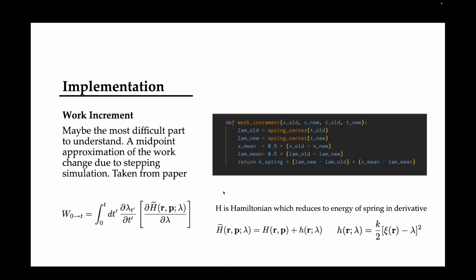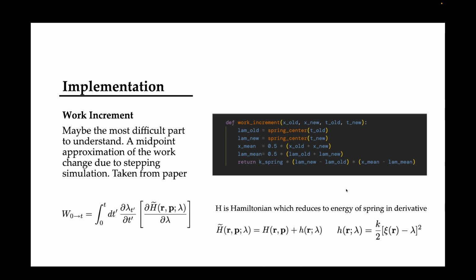And so we can see here that from time zero to any time t, you're accumulating this partial derivative of lambda with respect to t times the partial derivative of the Hamiltonian with respect to lambda. And the Hamiltonian here is essentially the energy of the spring. This constant part, which comes from the original configuration of the system, is going to drop out in terms of our derivative. And so, really, this Hamiltonian is related to the spring force, and you can come up with this